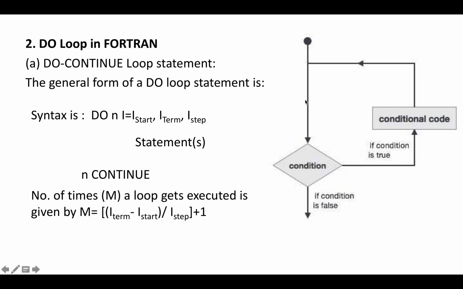If we compare it with the if go to statement, the condition is checked, and you do a certain set of statements. If the condition is true, again execute a certain set of statements, go back to the upper line, and again check the same condition, and so on. This is a repetitive structure, and if at a certain place the condition is found to be false, terminate or come out of this repetitive loop.